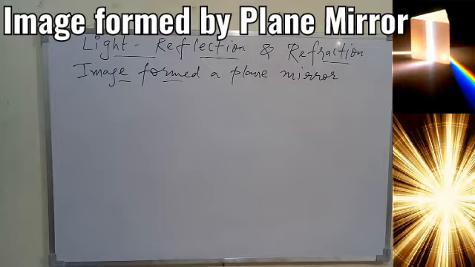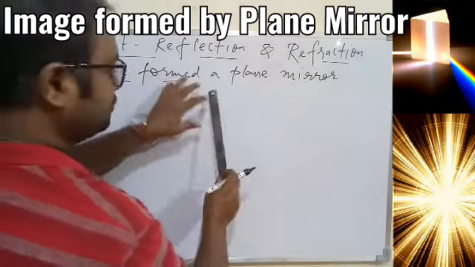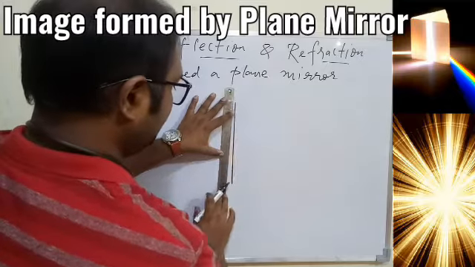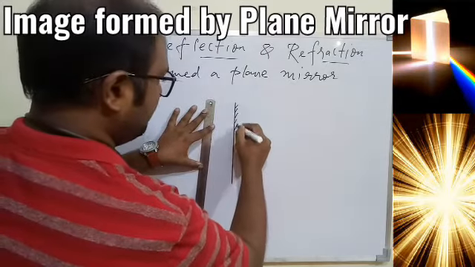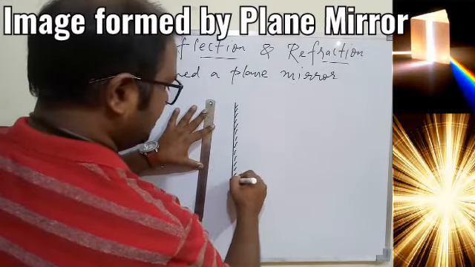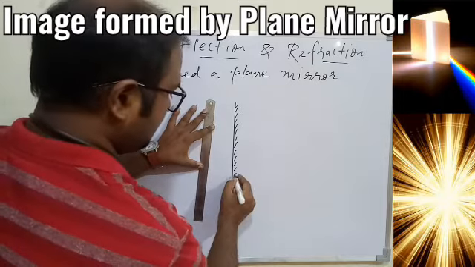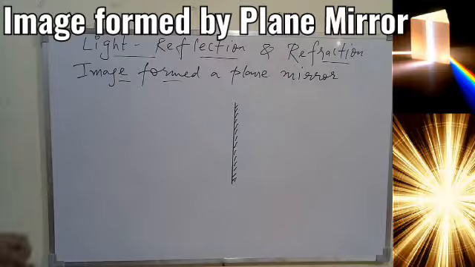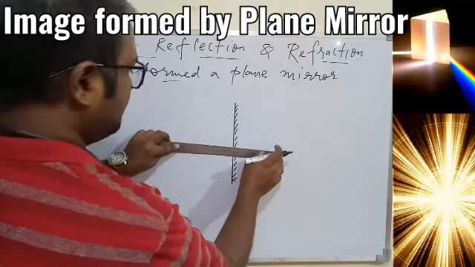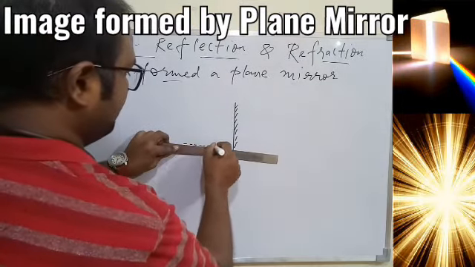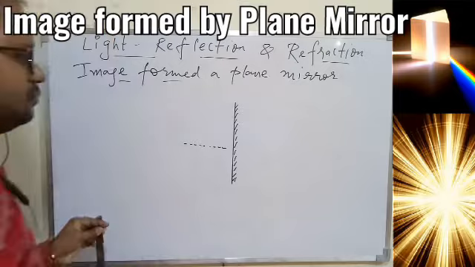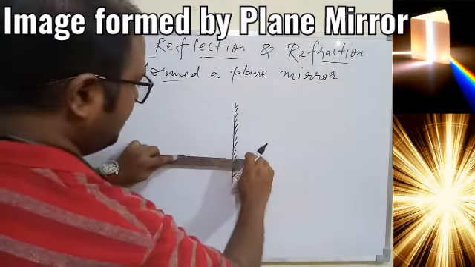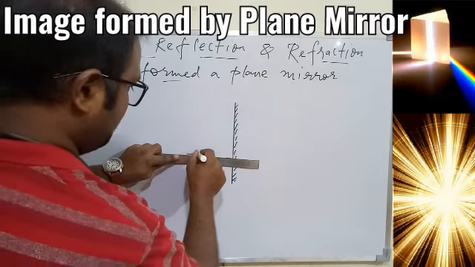Now let's take the other diagram for the plane mirror only. So again we'll start with a plane mirror with proper symbol and give time for the diagram, because that is very important thing. So diagram should be done in a proper way. Now anywhere I am taking the reference point, anywhere. Okay, so just take an example. I'm just taking a base anywhere so that I can draw an object.